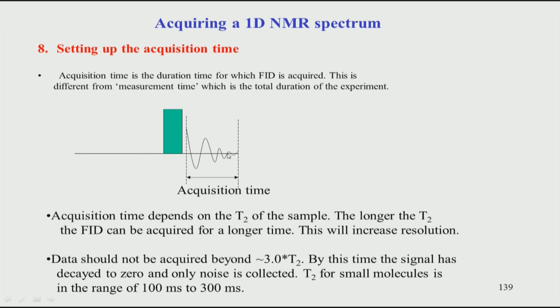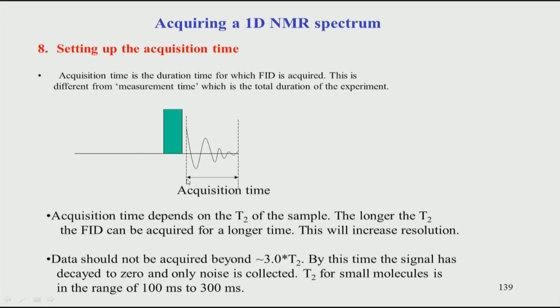So, now if you recollect, this depends on the T2. If the T2 is short, the signal goes down very fast. If the T2 is long, the signal will stay longer. That means this is an oscillation. The oscillation could happen forever, but it is reduced in amplitude because of this T2 relaxation, and the T2 relaxation reduces the intensity, and at some point it goes to 0.